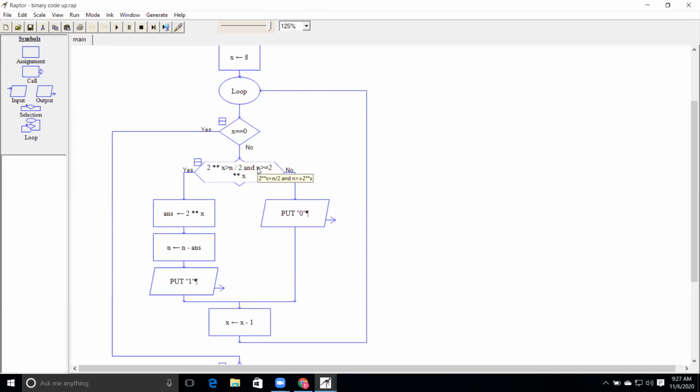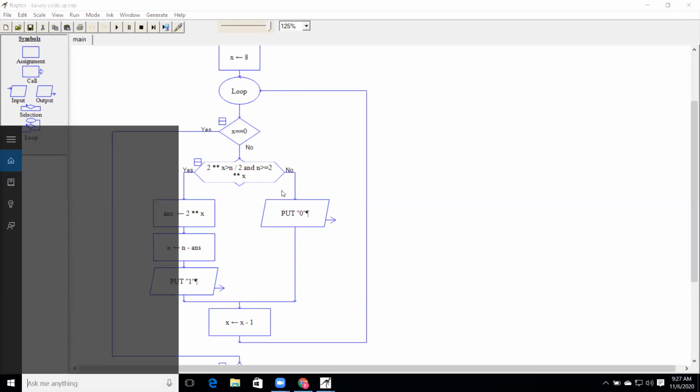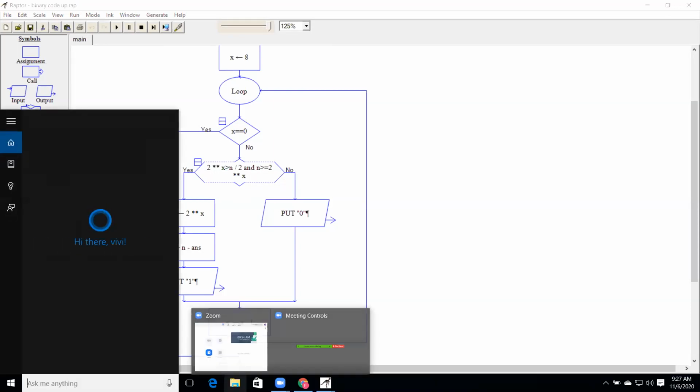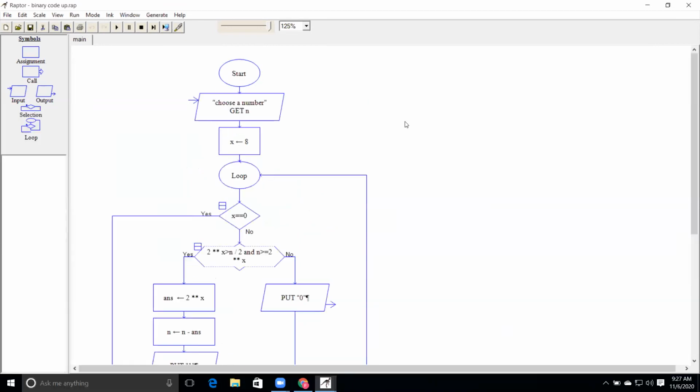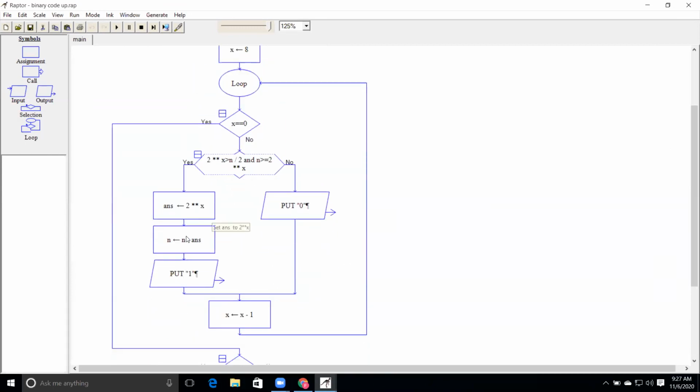That's the reason I set the limit, sir, for n should be greater than or equal to 2 power x. First you need the answer, sir. If you take 2 power 6, sir, it's 64. So it becomes 65 minus 64, sir. So n becomes 1, sir. So the 1 will be remaining, sir.